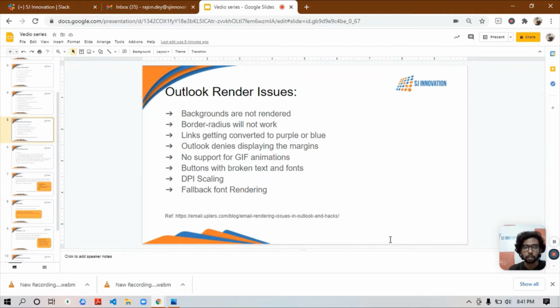Okay, and buttons with broken text and fonts. This is a very horrible part of an email template: most of the time your button will break in email templates, specifically in Outlook. So you have to keep in mind that for buttons, you need to write code in a very specific format. I will teach you how to create buttons.